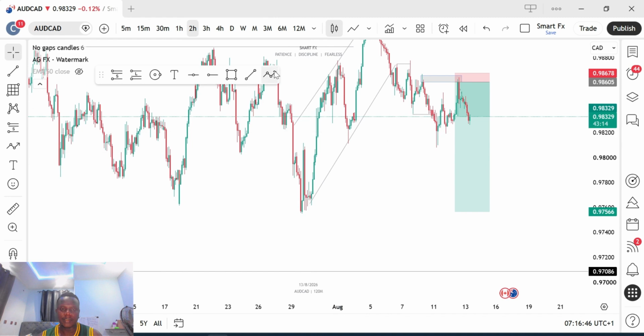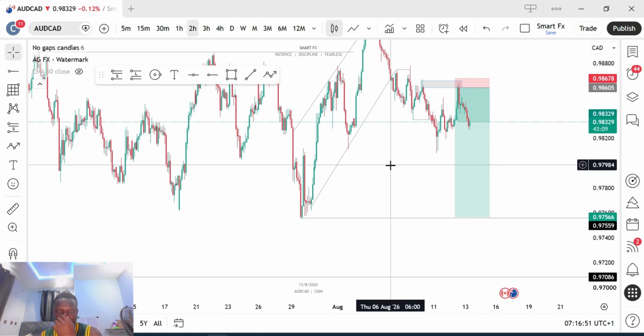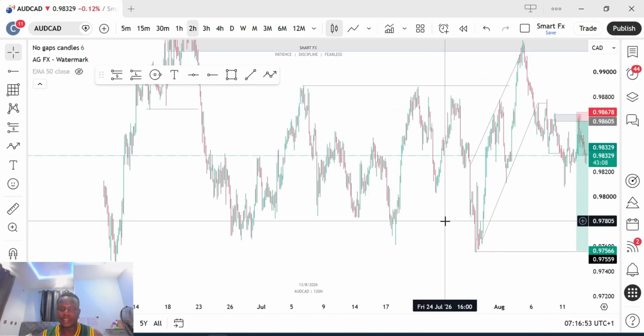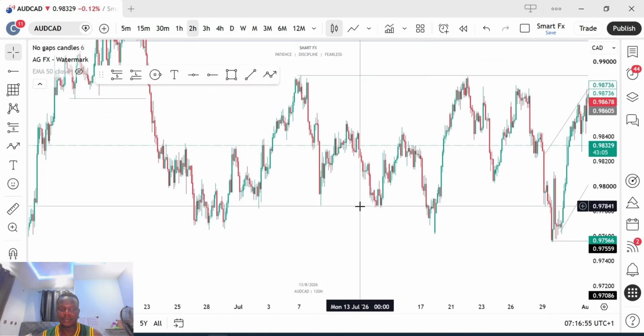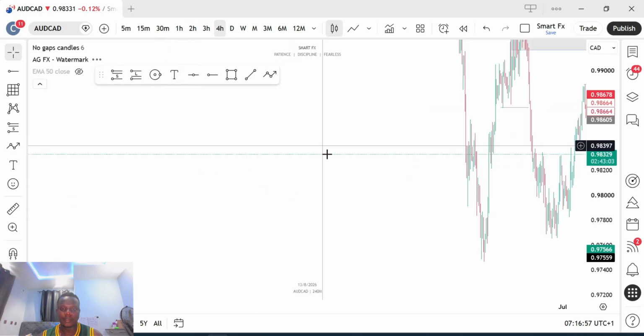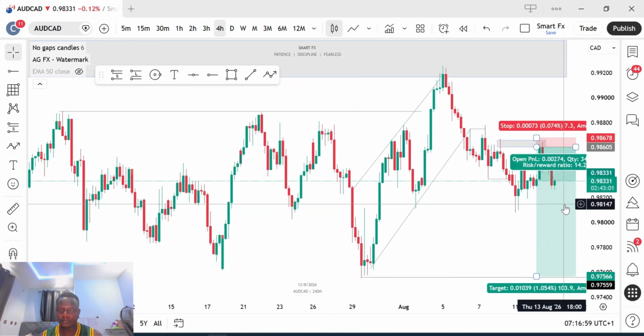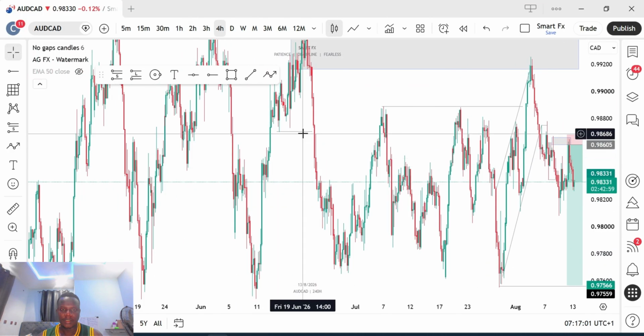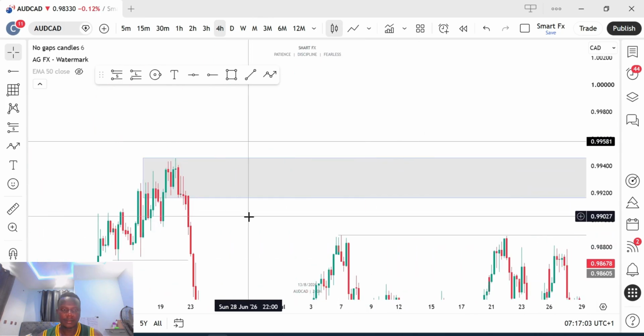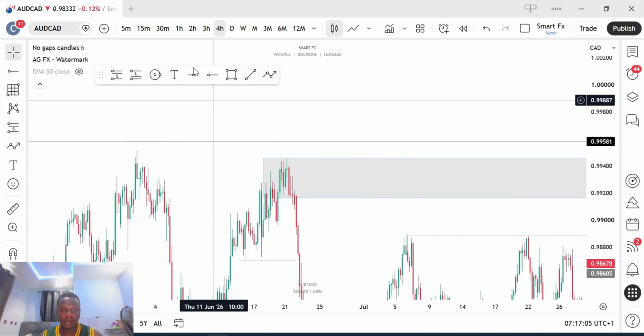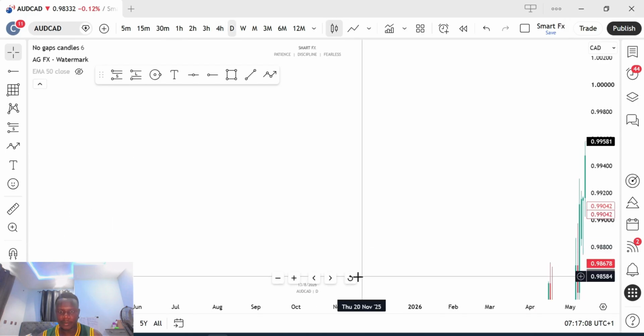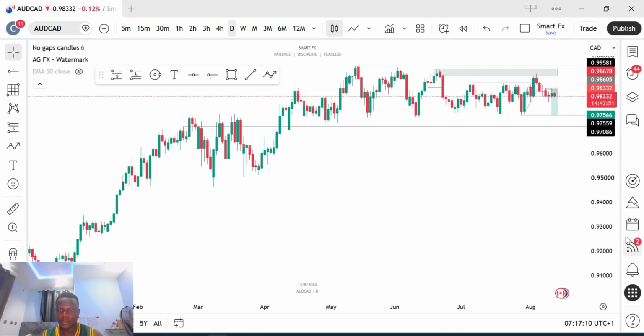I reanalyzed this market and found out that it is actually bearish. Now let me show you. Knowing where the market is going is more than important, honestly speaking. Now let me show you how I discovered this. Was it in daily time frame? Okay, yes, it was in daily time frame.